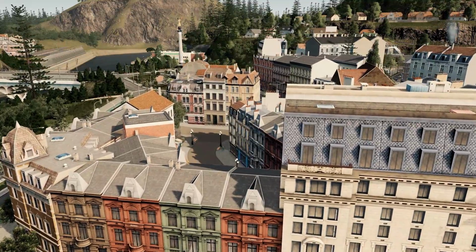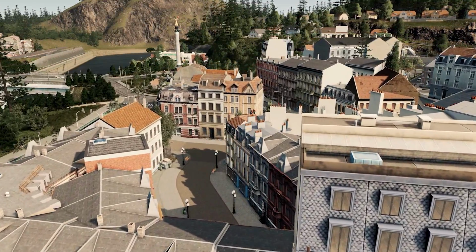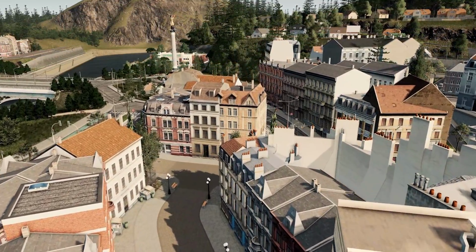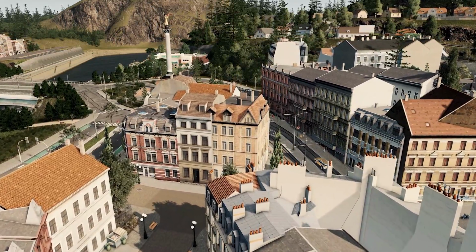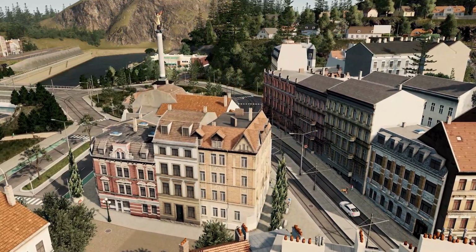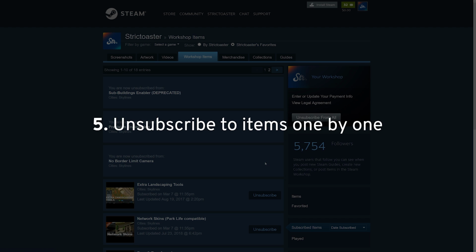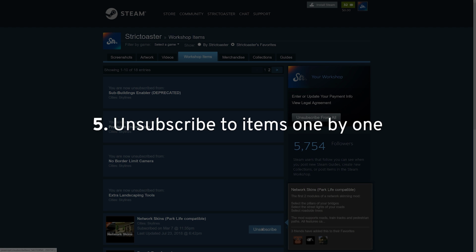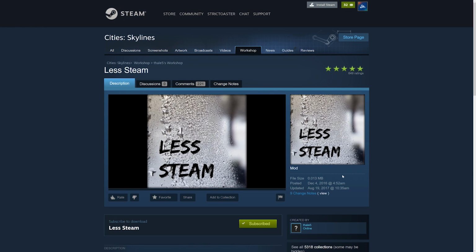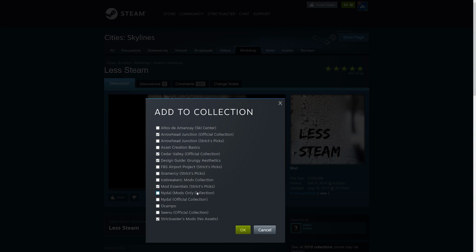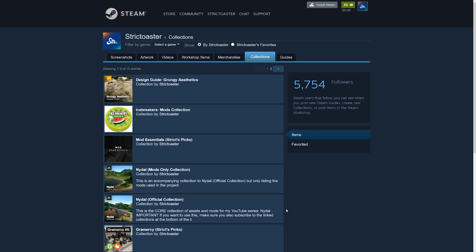So, assuming you're still unsuccessful, there's one more thing you can try, though it could be very time-consuming if you're subscribed to a lot of mods and assets, particularly if you didn't organize them in collections. At this point, you have no other choice than to unsubscribe from the items one by one until you find the one or ones that are causing the issue. If you haven't done it yet, this will be a great time to separate your mods and assets into different collections. Let's focus on the mods collections, as the errors are most likely caused by one or many of them,